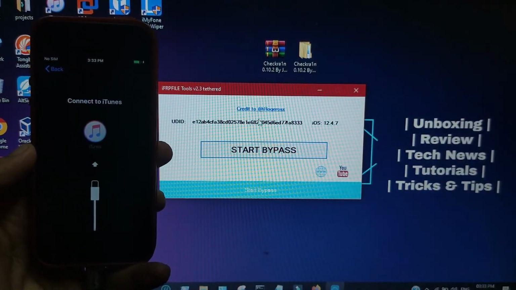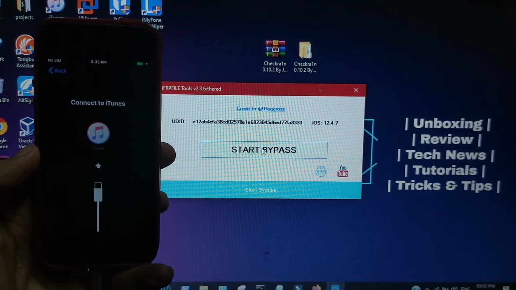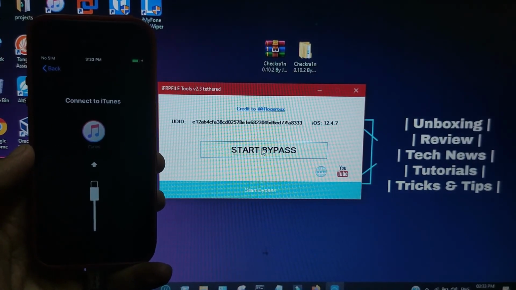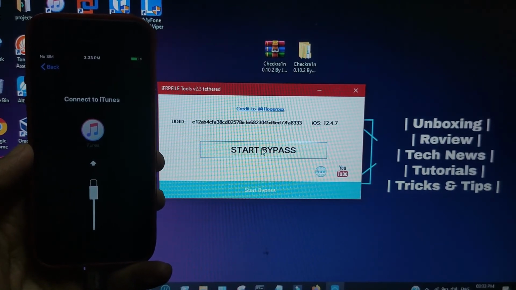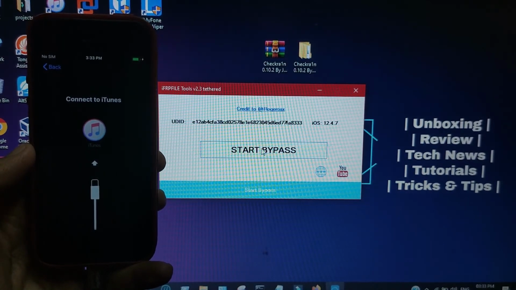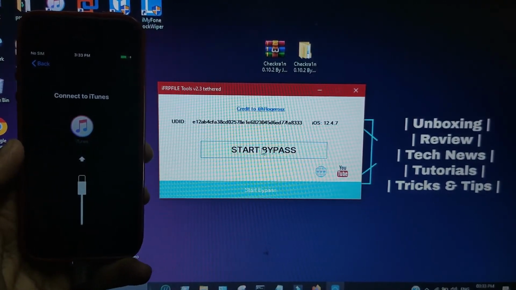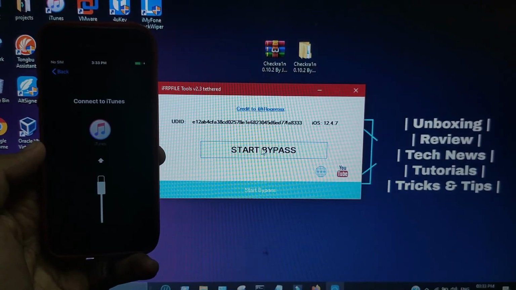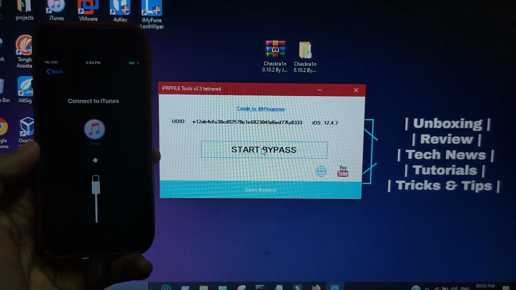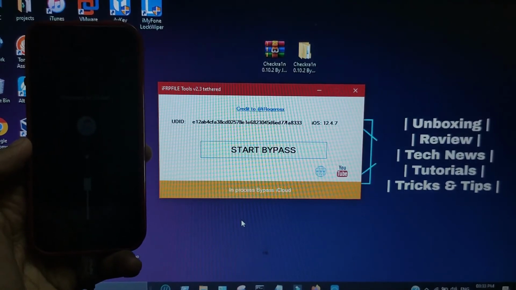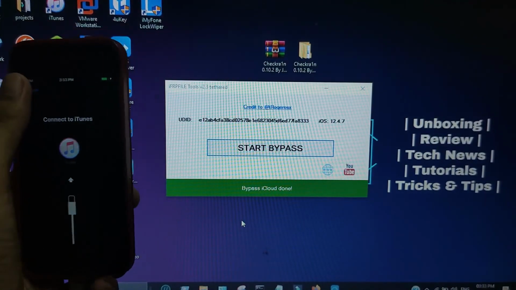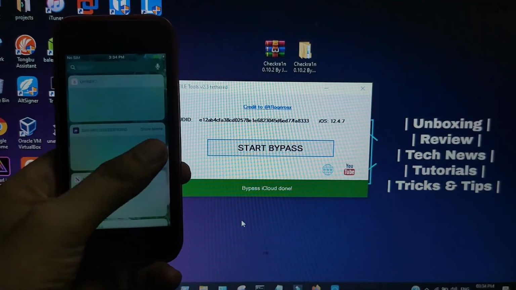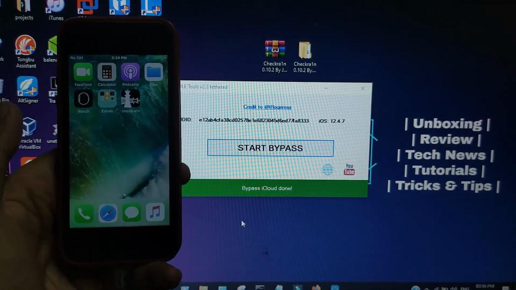And just to show you guys, I will bypass my device. Now it will confirm that my jailbreak is done. After a successful jailbreak, you can bypass easily. So just click on bypass and then your device will be bypassed. And I already told you, if you want to see the detailed video of how this bypass works, the link is in the description, you can check it out there and you will get the detailed video on the bypass of 12.4.7 and the other iOS versions like 12.3 to 13.5.1. Now my device is successfully bypassed and I have also fixed the jailbreak issue.